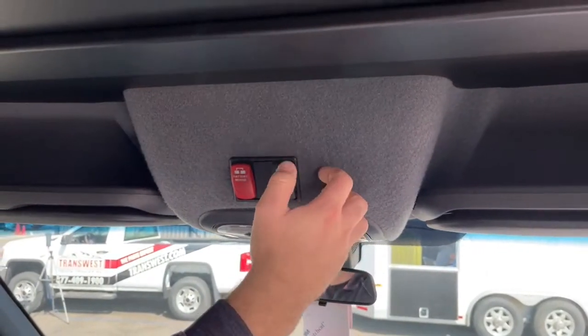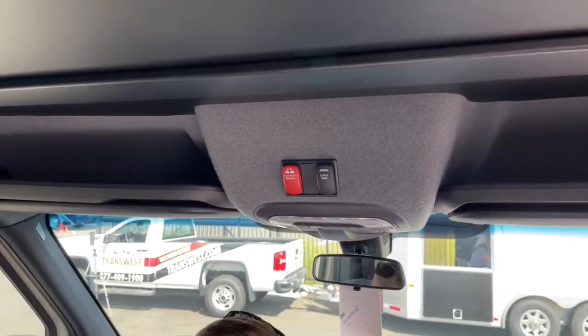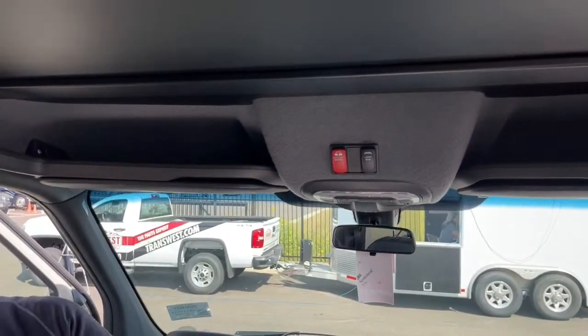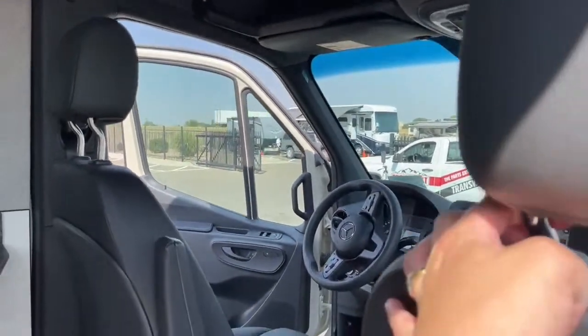And then the last switch up top is going to be for the light bar on the front of the van that we can use if we're, you know, not on the highway, off an unimproved road or something, for some additional lighting. Oh, and I think that's pretty much going to wrap up my walkthrough of this 2022 Antero